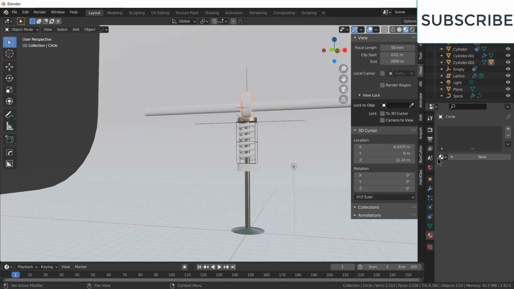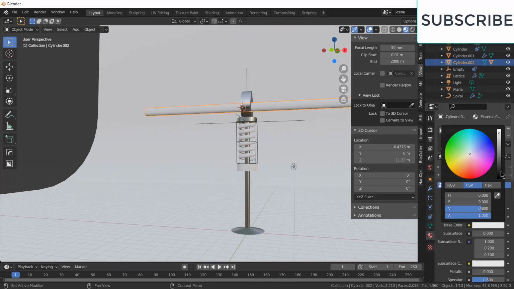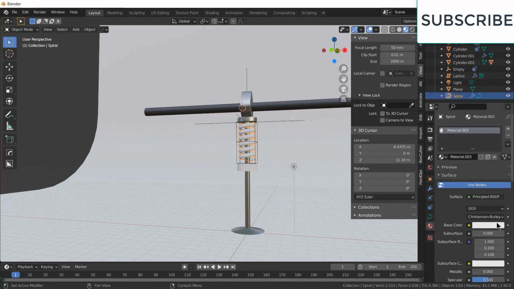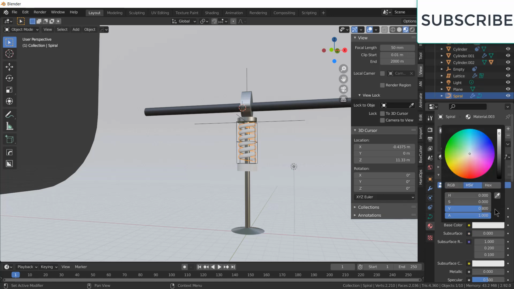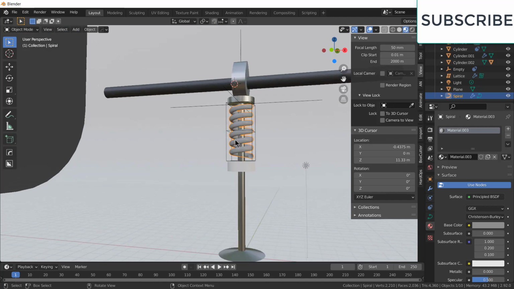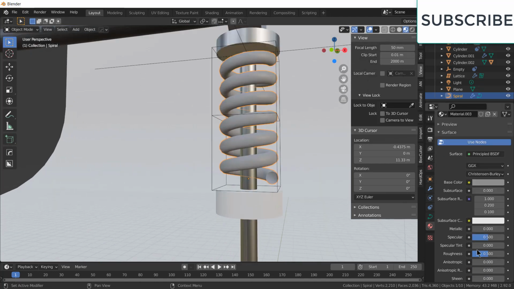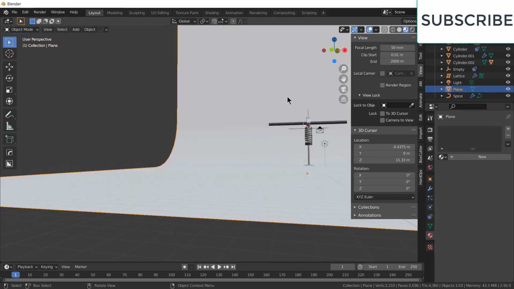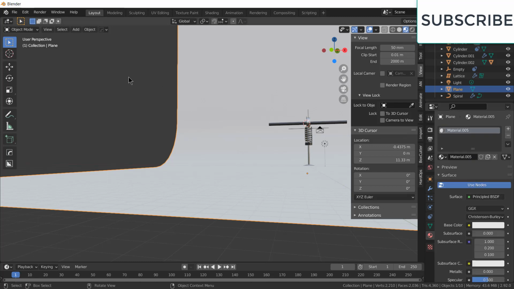Similarly, select this one, give this one the same, and this one black color, this one metallic, this one black color, white.